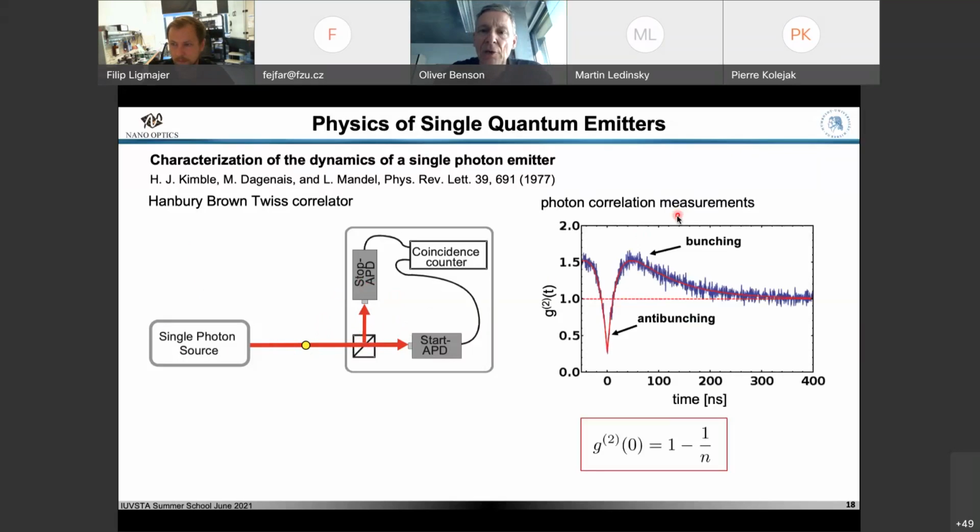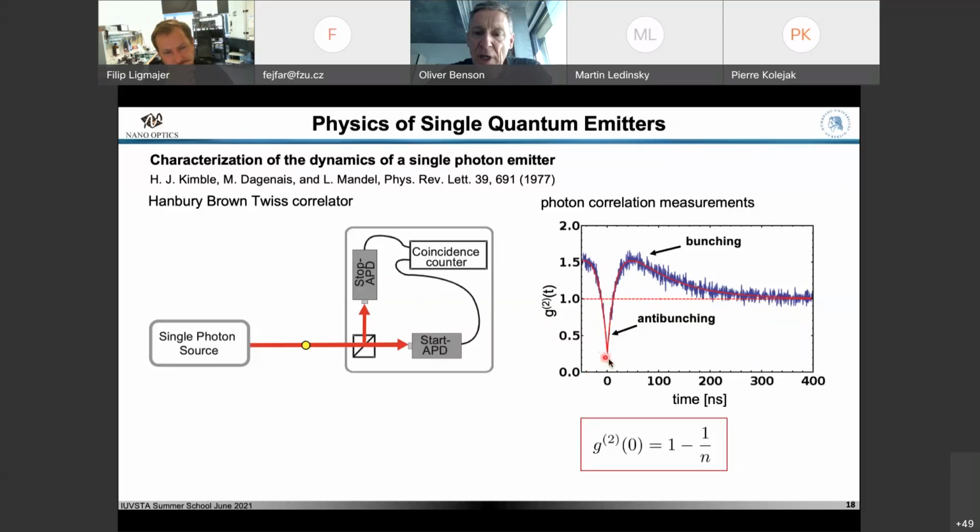And what you do typically, you repeat this measurement very many times. So you send in light from the single photon source, you record the clicks, and you measure something like the normalized probability that these two detectors detect at the same time. And this is plotted here. So this is the time interval in between these detection events, between these two detectors. And this is the so-called normalized G2 function. It is the correlation. So how often does this happen that the two detectors detect with a time interval of 0 to a couple of 100 nanoseconds?